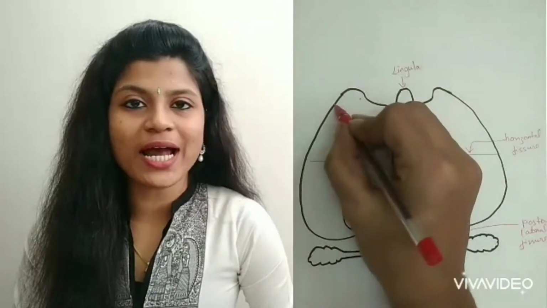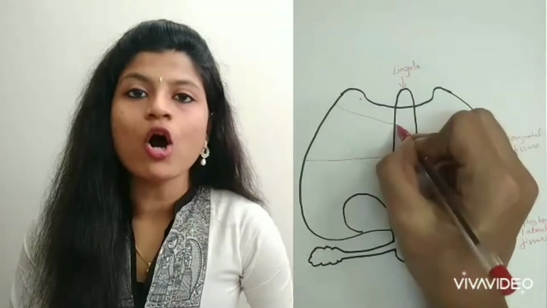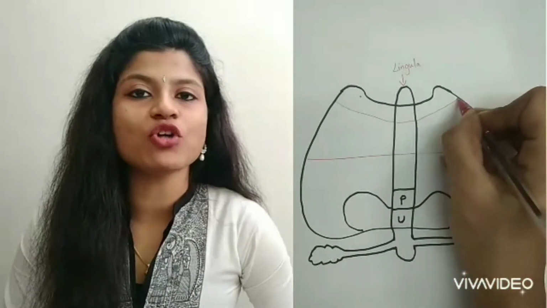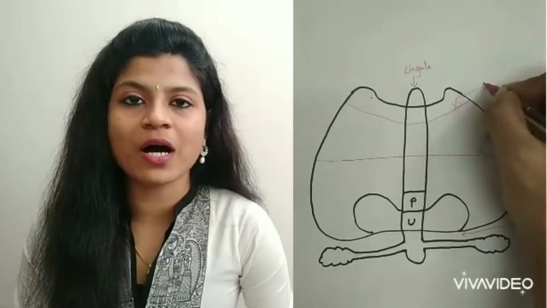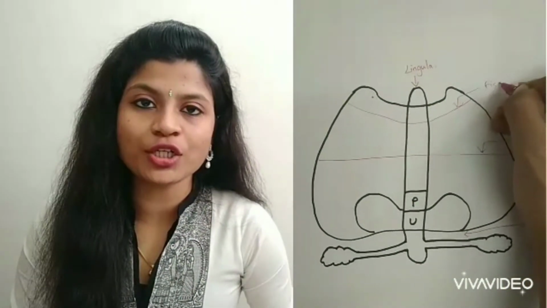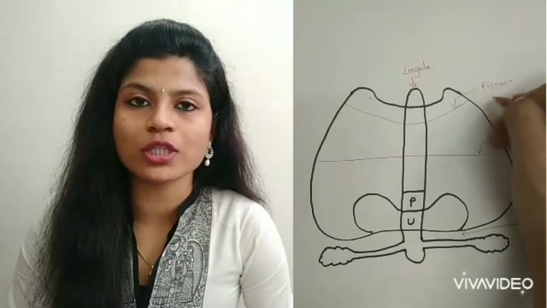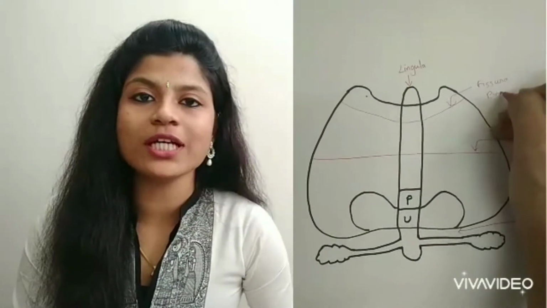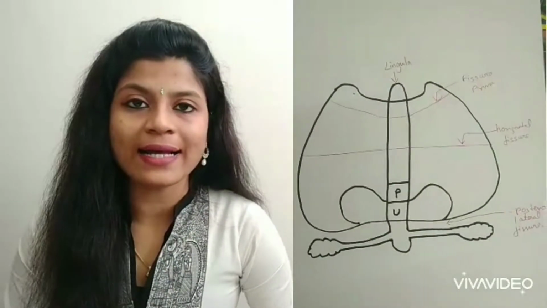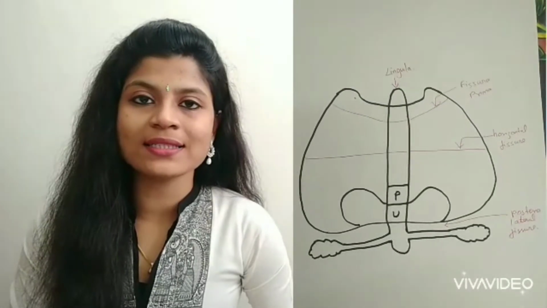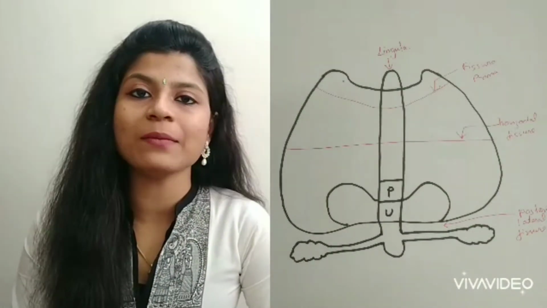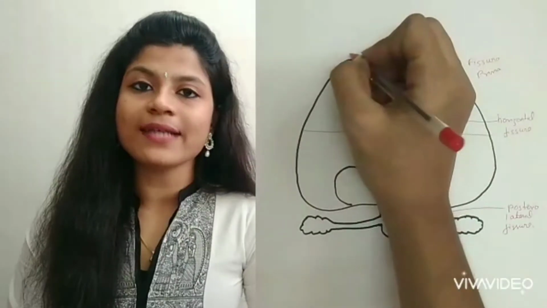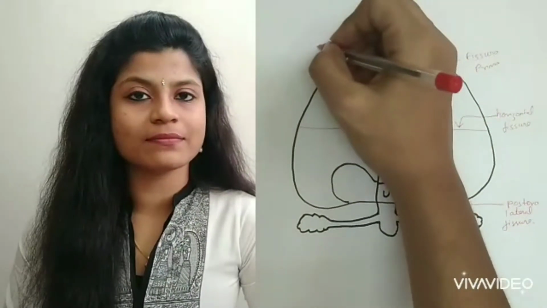The V-shaped fissura prima on the superior surface of the cerebellum cuts the vermis at the junction of the anterior two-thirds and the posterior one-third, and it divides the corpus cerebelli into anterior and posterior lobes. Subdivisions of the cerebellum.